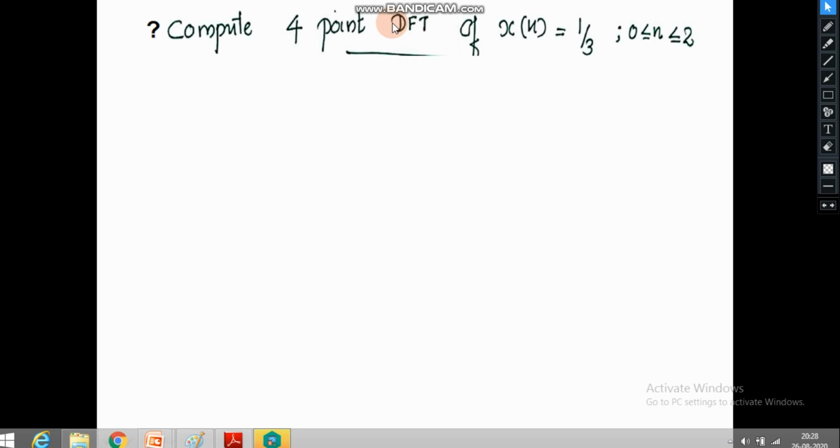That is, we are considering 4 samples from that phase spectrum. If we are considering 4 samples from that phase spectrum, and if we plot the phase spectrum and magnitude spectrum with those 4 points, then it is said to be a 4-point DFT. That is, we have considered only 4 points in the output of the DFT. That is what is called the 4-point DFT.